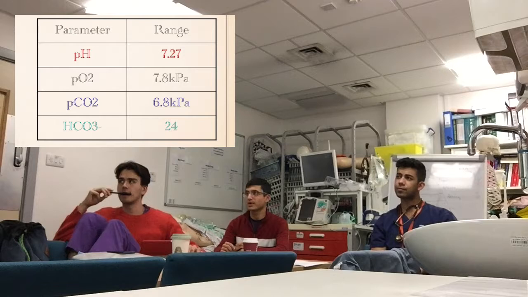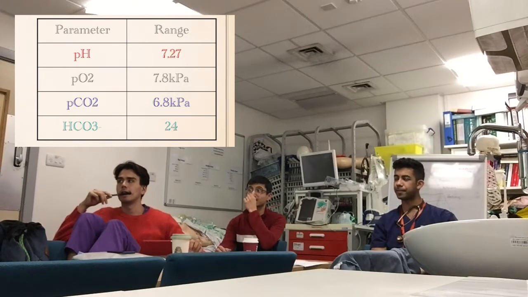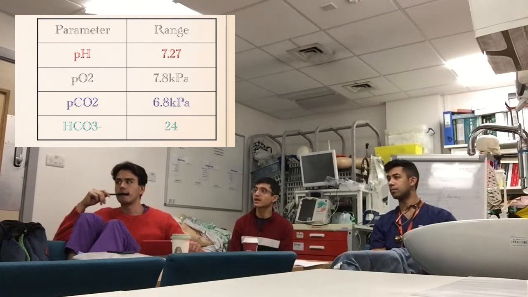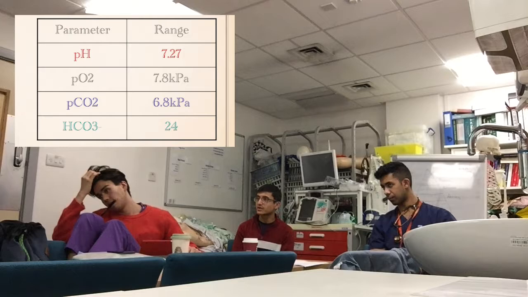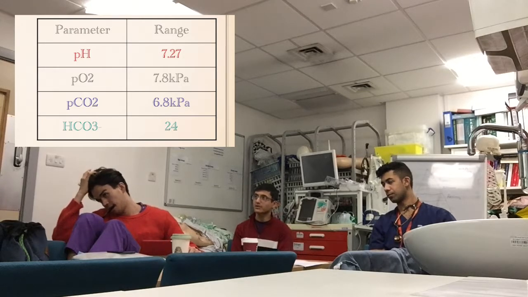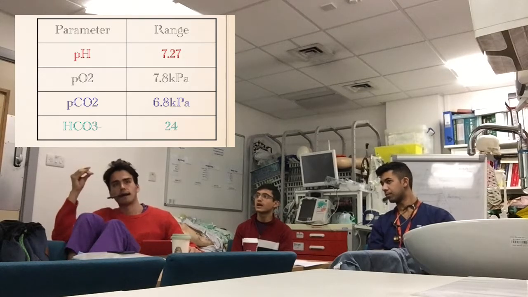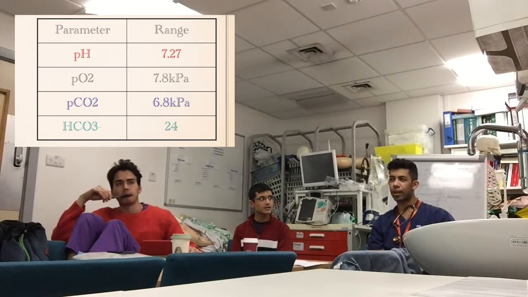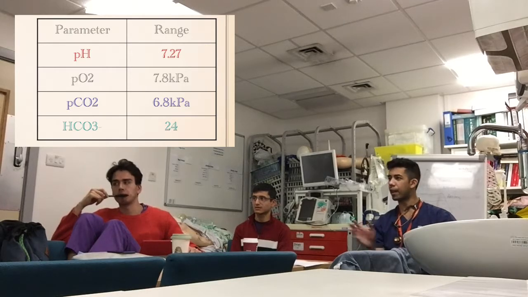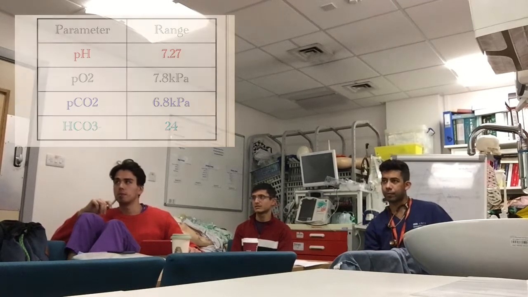So the pH shows acidosis. The carbon dioxide is raised, and the base excess is within normal, and also hypoxic. So respiratory acidosis and hypoxia, type 2 respiratory failure. Okay. Do we agree? I'm getting yeses. Okay. All right.